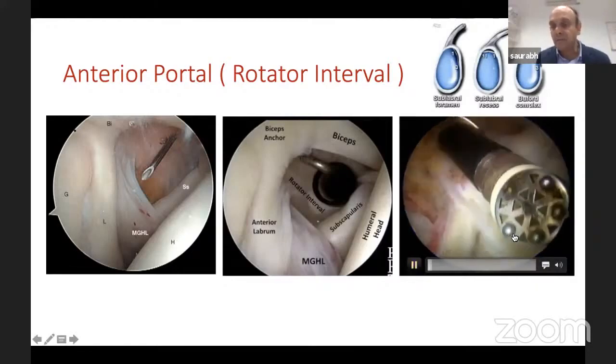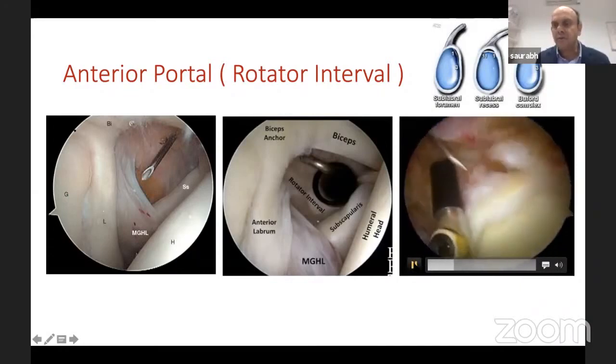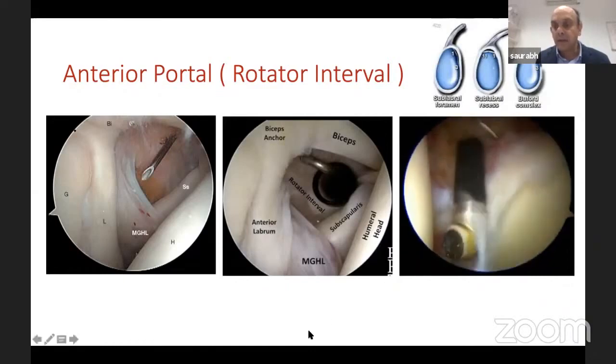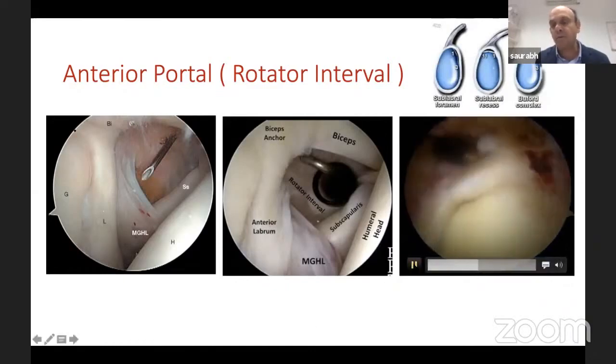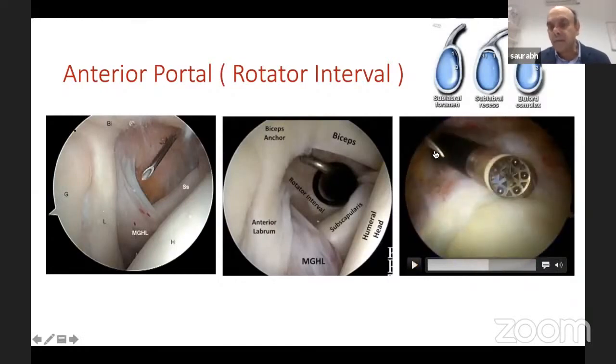And here you will see, so what I've done is I've already debrided my superior labrum. So you will see the difference. It was frayed and now it's all looking better. And then I'm probing with a probe, or because I've done many, so I'm just probing with this. And you can also see this needle like here. So once I know my needle was in the right place, I have put my diathermy pad, your anterior portal, whether it's 1 portal or 2 portal.